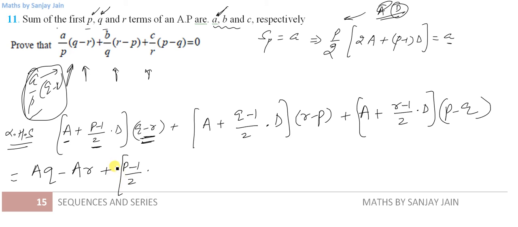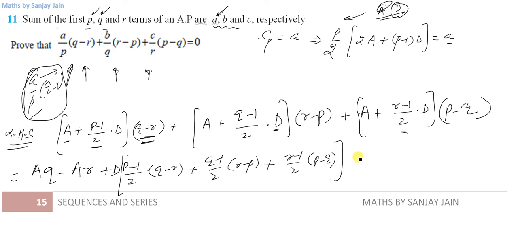So if I club all the terms that contain D, this will be something like this: Q minus R plus, I have taken D outside, Q minus 1 by 2 R minus P here plus R minus 1 by 2 P minus Q, and the rest of the terms like this: AQ minus AR